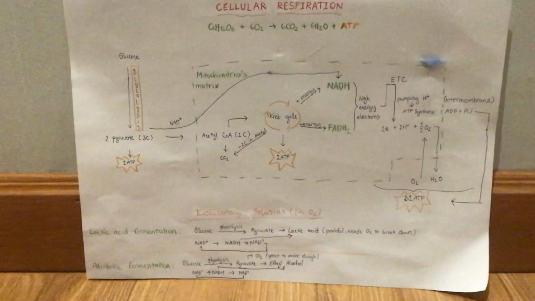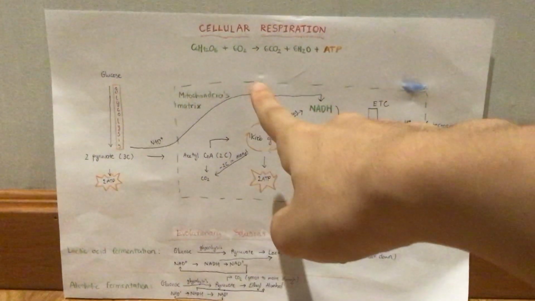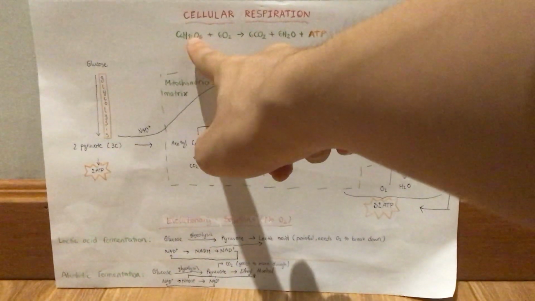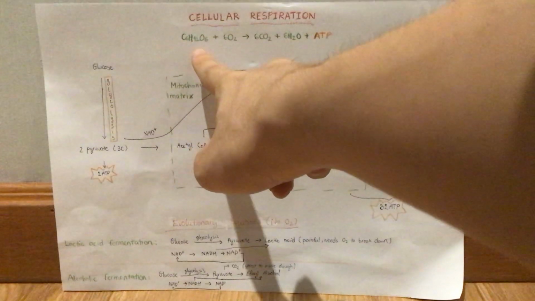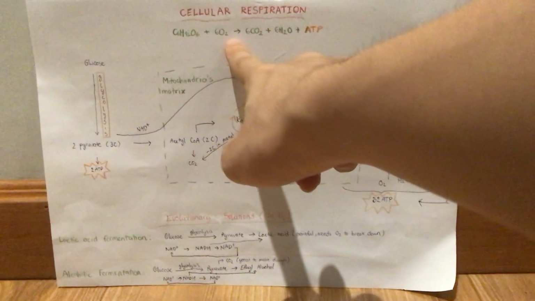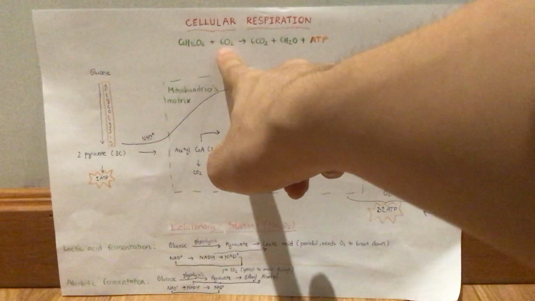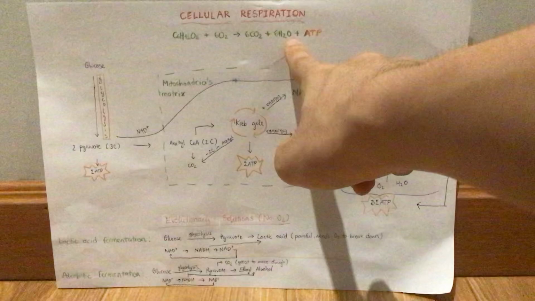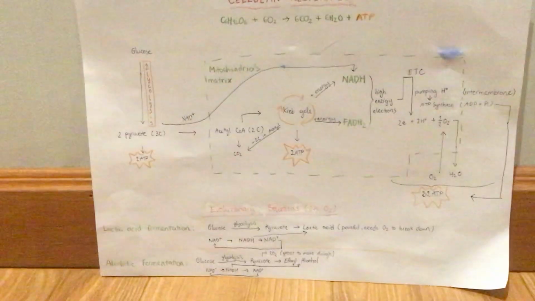So as you can see at first, this is the equation for cellular respiration. This one here is the glucose molecule plus 6 oxygen. In the presence of oxygen it will make carbon dioxide, water and ATP. Okay, so